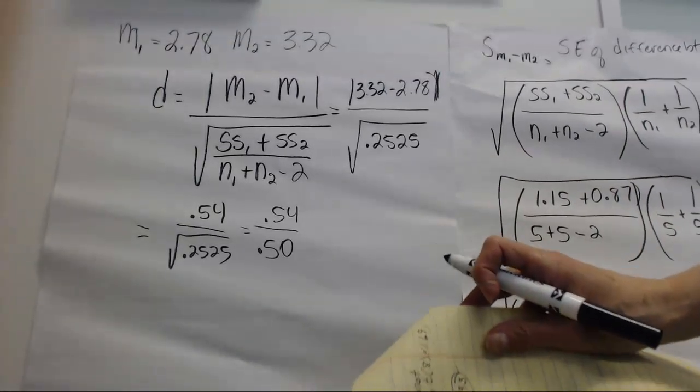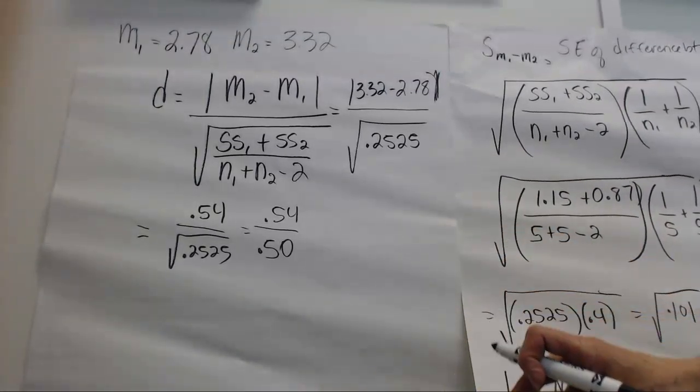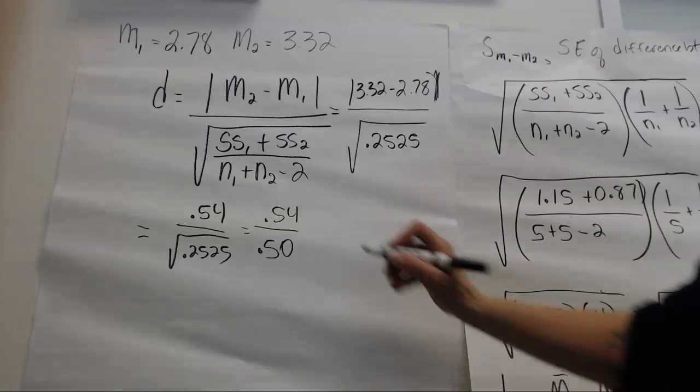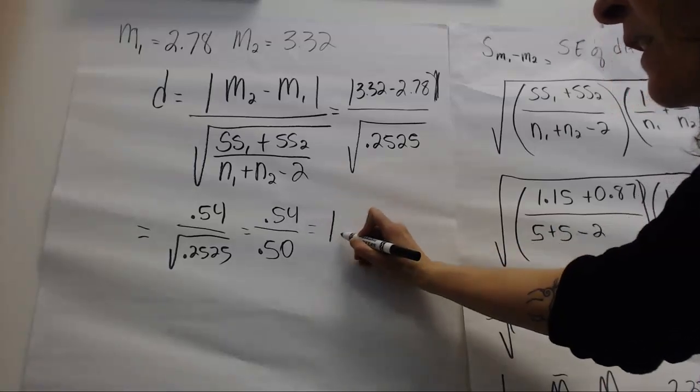Oh, I don't think that makes sense, so bear with me for 1 second. I must have done it backwards when I wrote this down, so bear with me for 1 second as I pull up my calculator here real quick. See, I even make mistakes. Actually, you knew that. All right, so 0.54 divided by 0.5 gives us a Cohen's d of